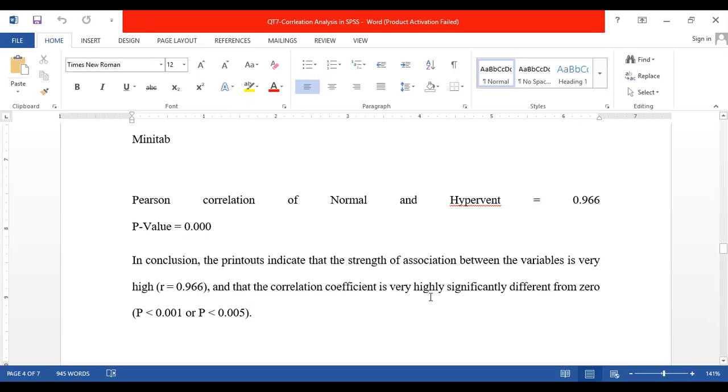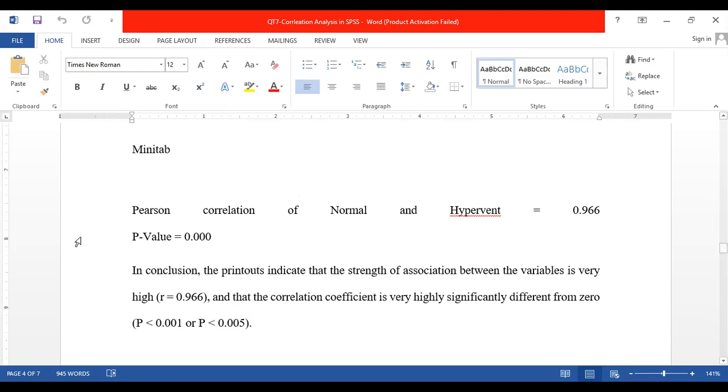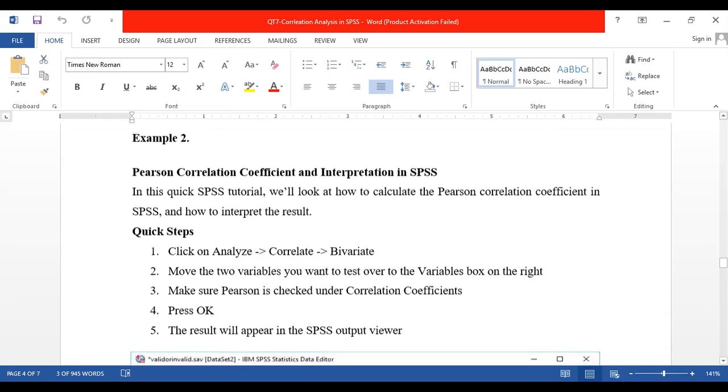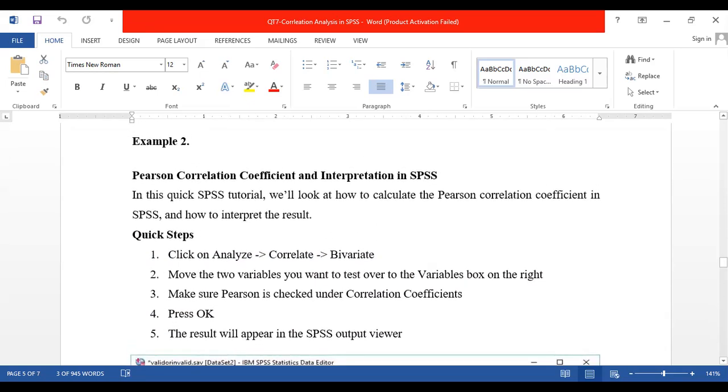We can see that the significance value is 0.000. The value of our significance lies within the acceptable limit, because the acceptable limit of the p-value must be less than 0.05, and our p-value is 0.000, which is less than 0.05. So on the basis of this, we can say that there is a positive correlation between our independent variable and our dependent variable. So have a look. We have another example for our understanding.